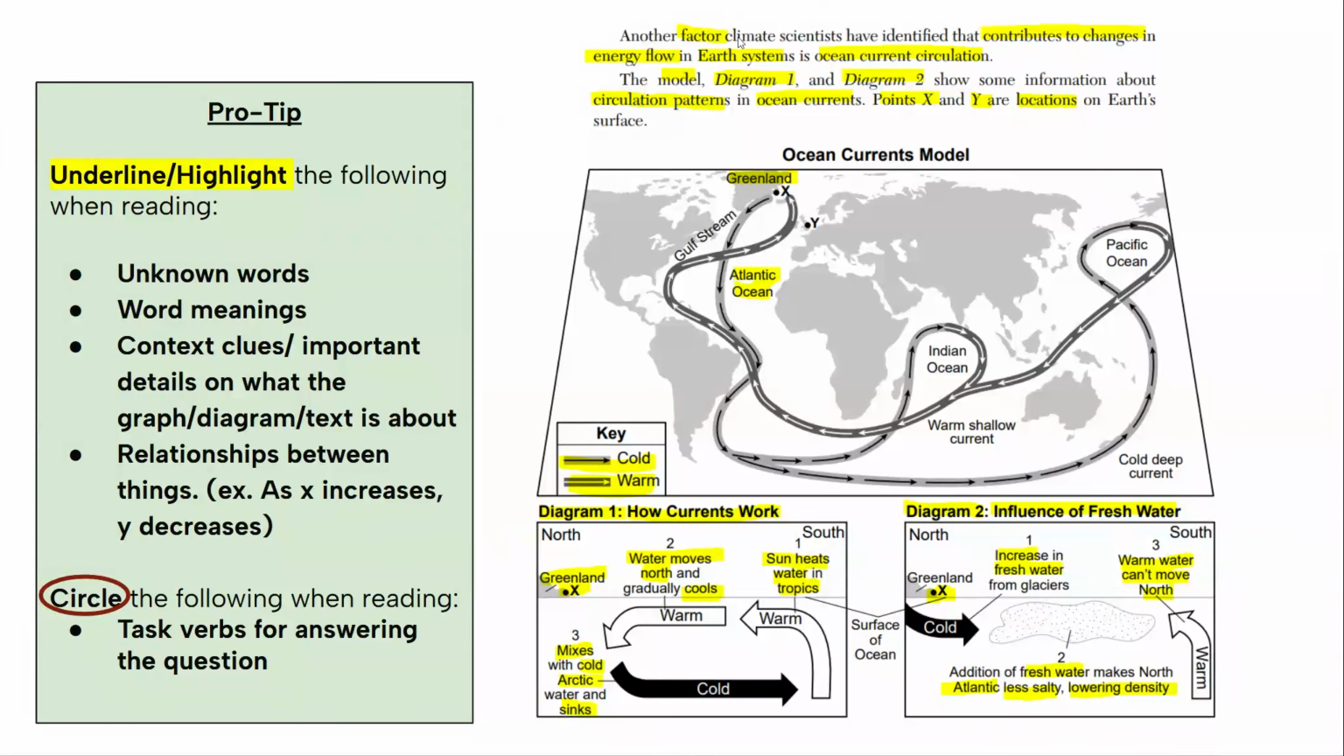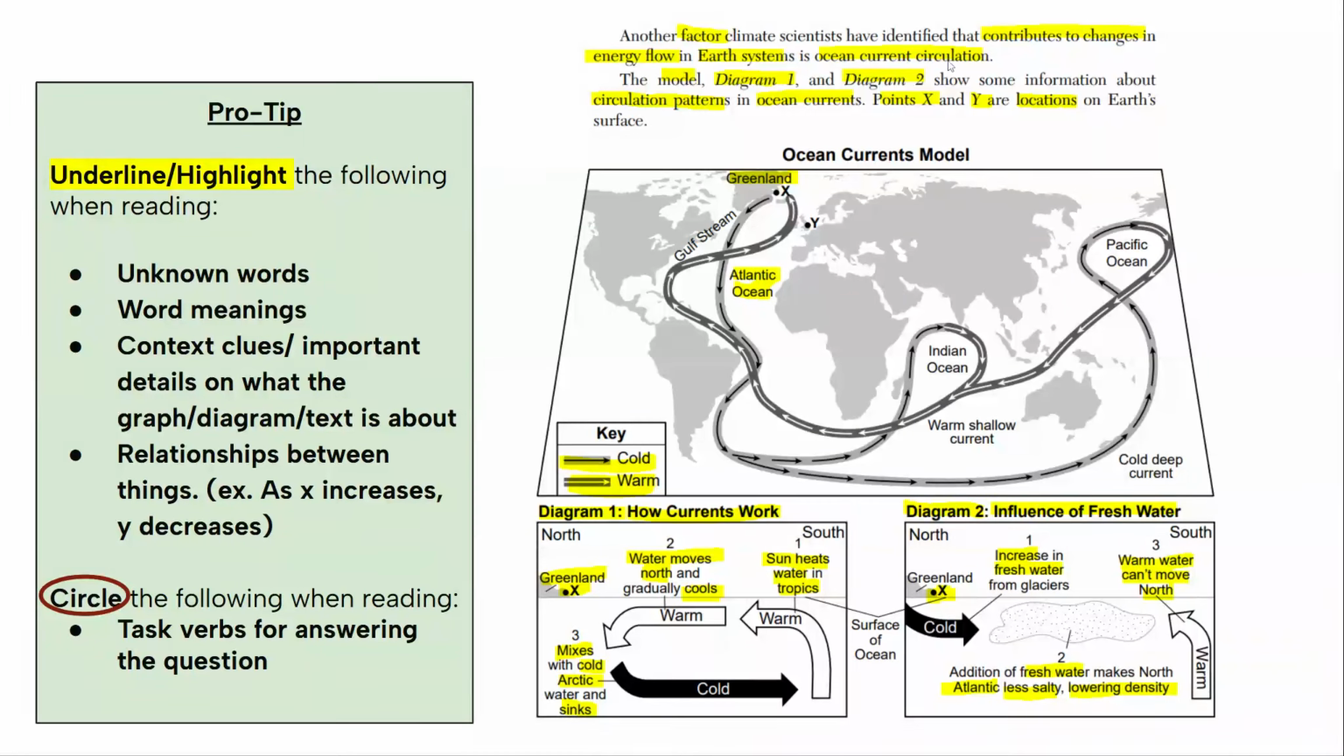It says another factor climate scientists have identified that contributes to changes in energy flow in Earth's systems is ocean current circulation. So I'm going to highlight factor because it gives me a context clue on what this diagram and the whole text is about. I'm underlining contributions to changes. So these factors contribute to changes in energy flow, highlighting that, in Earth's systems, highlighting that as well, and I'm also